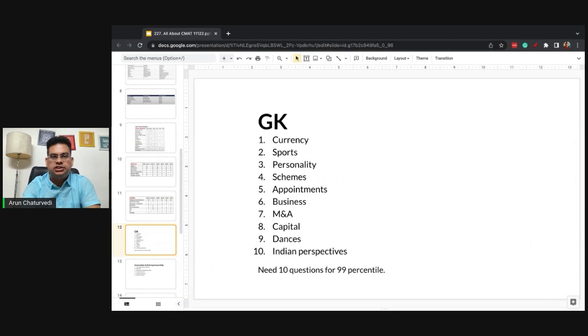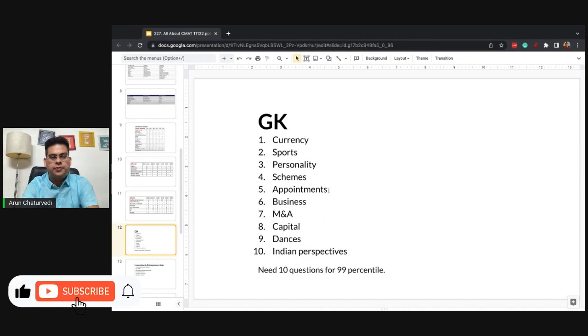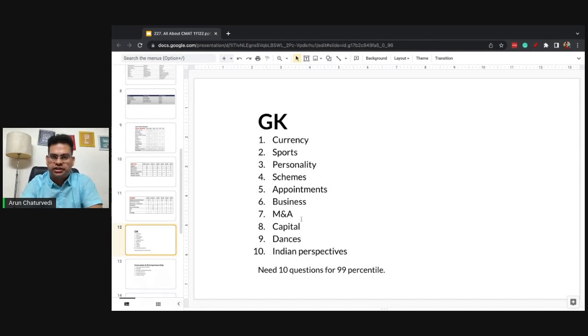GK, as I have mentioned, if you cover these 10 areas: currency, sports, personality, schemes, appointments of CEOs and all, business news, mergers and acquisitions, capital cities of various countries, dances, and mostly the Indian perspective. If you focus on the Indian perspective of current affairs and static GK, you can cover it. You will have a good chance of scoring well in GK. You just need 10 questions to be correct to get a 99 percentile